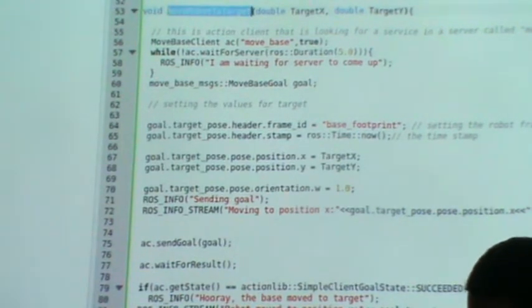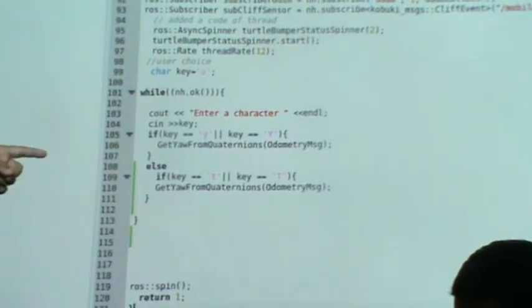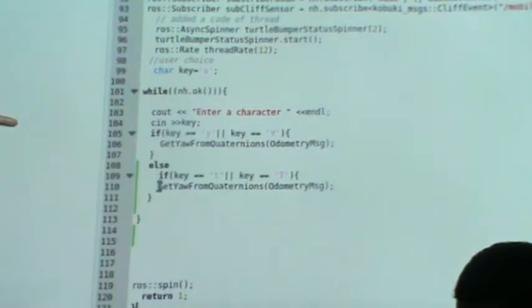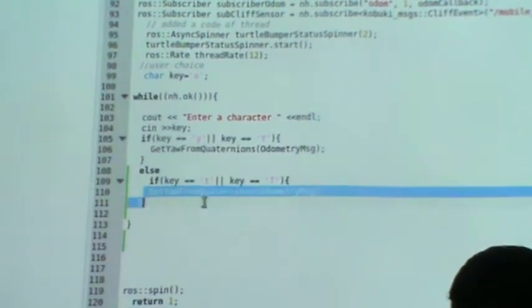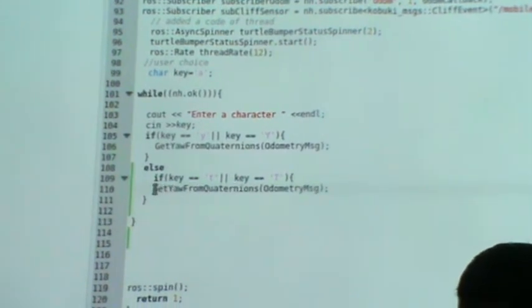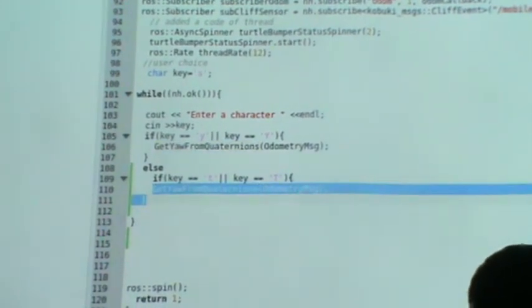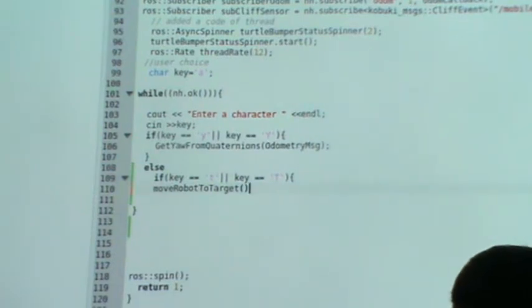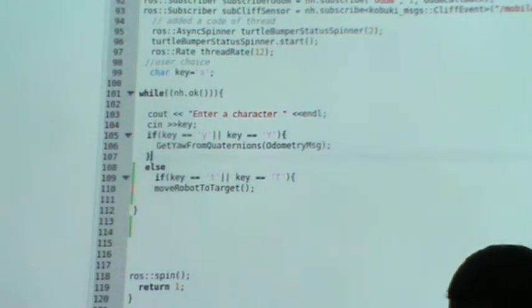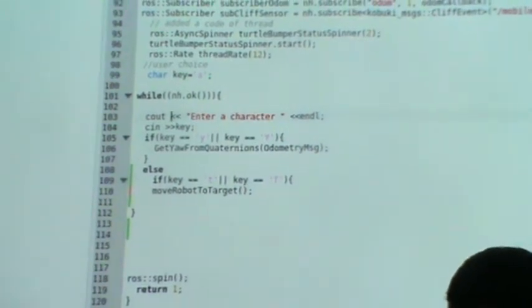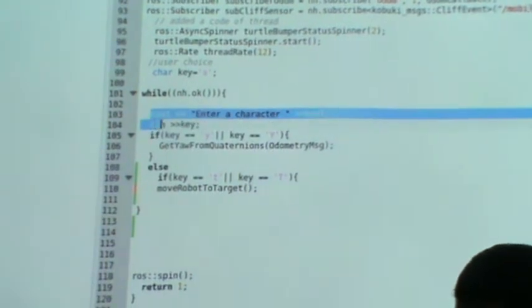Just copy this. The action client, what does it do? It generates those messages that you were studying in the differential drive. So what it will do? It will generate all the speed necessary to move the robot. You don't need to focus on the twist message now. It covers that thing.